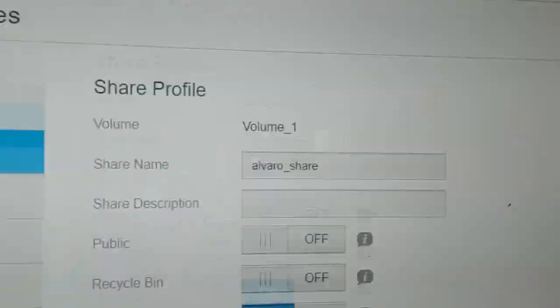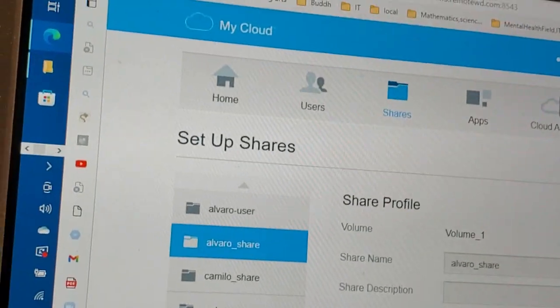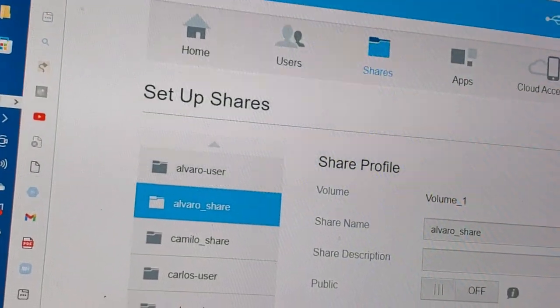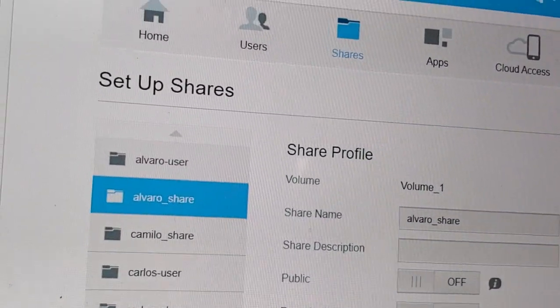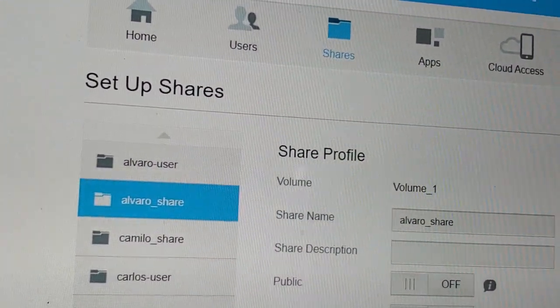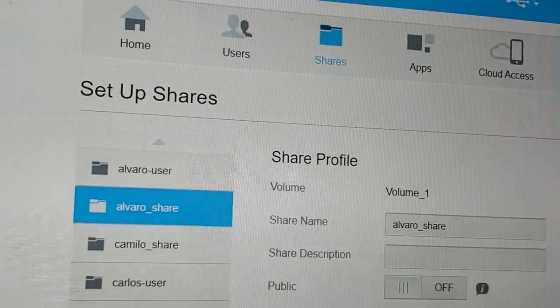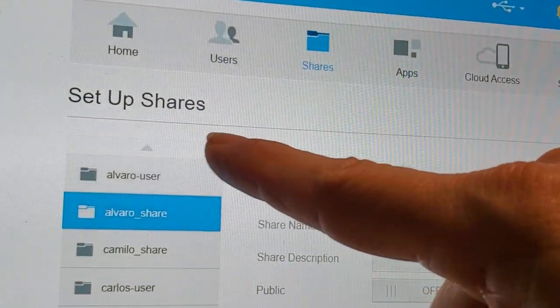So that's super confusing, but you have to keep in mind that each of these names function as either share or